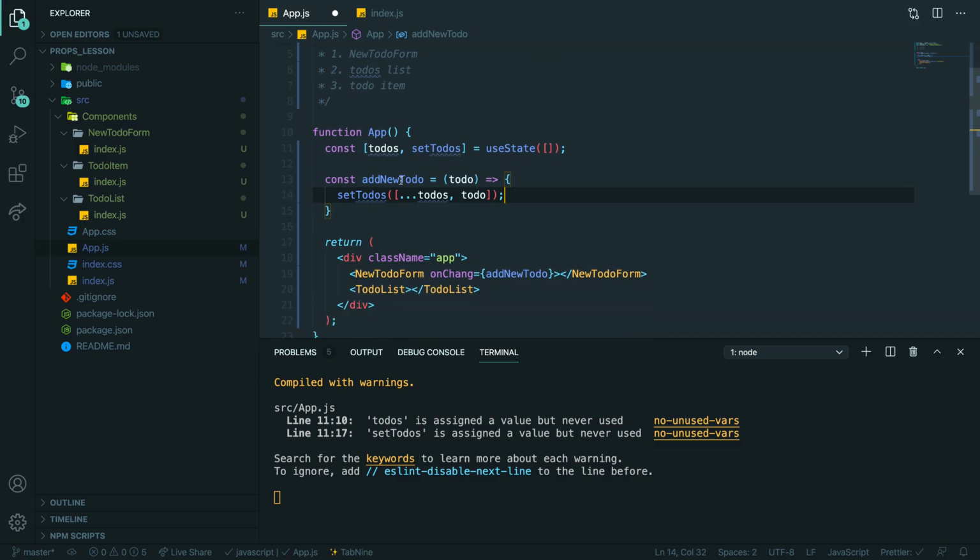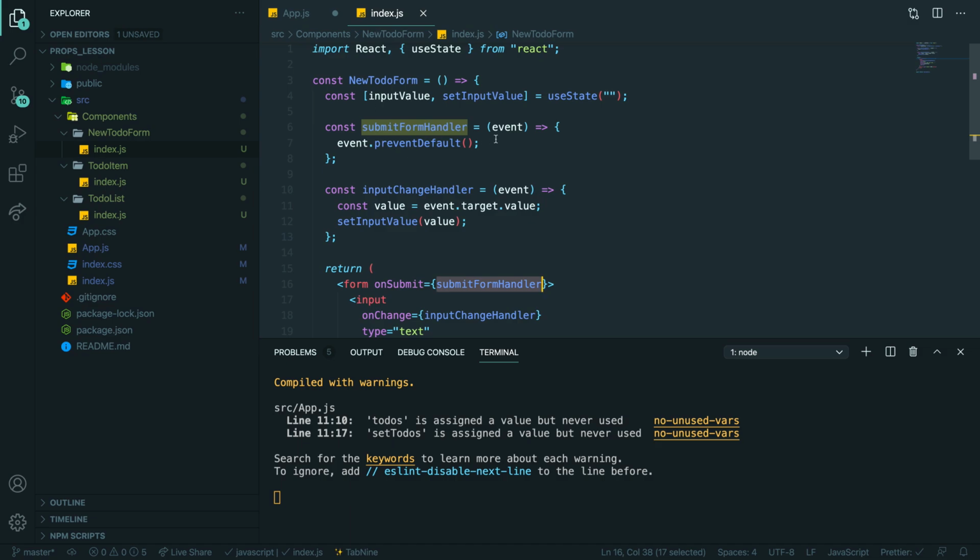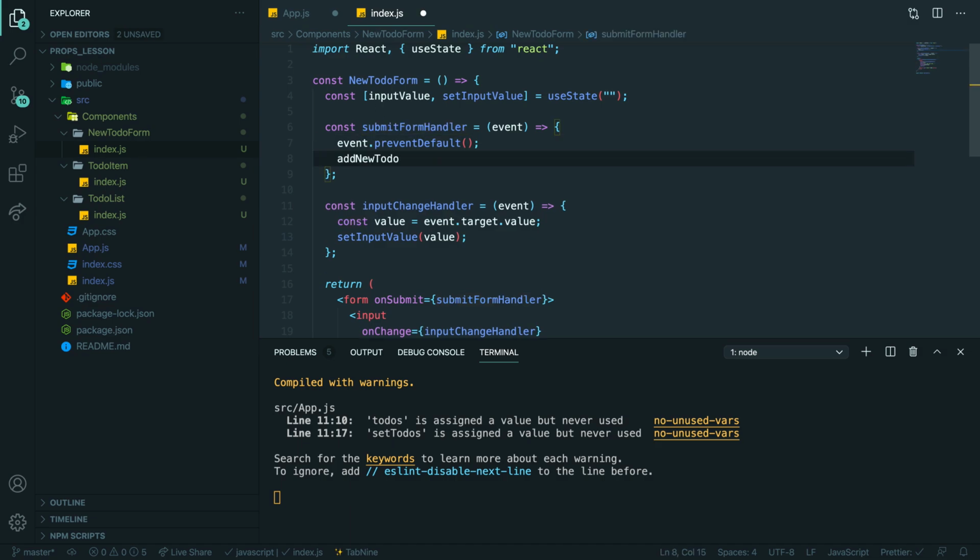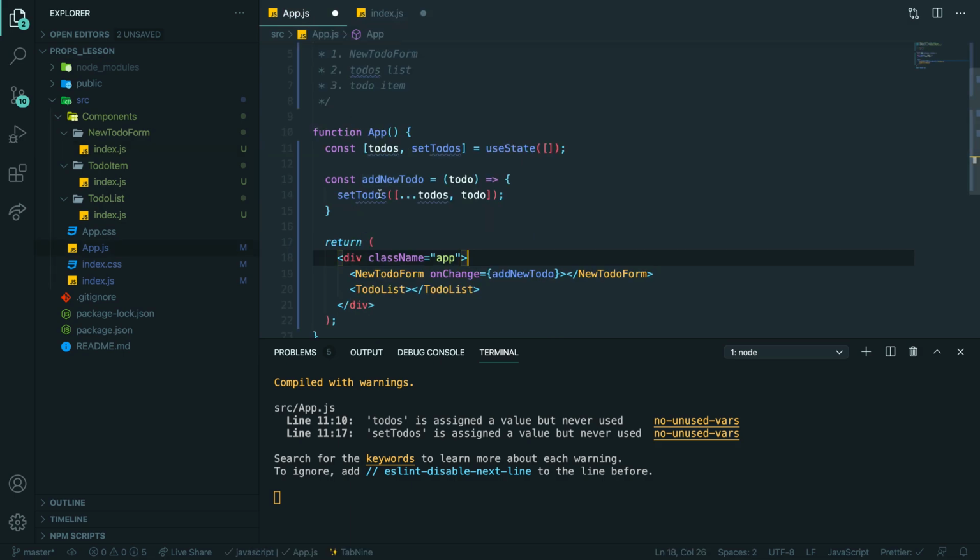So now I just need to call this function with the parameter to do inside, because I'm passing that on change, inside our new to do form. So now on submit, basically I want to call this function with our input value, right? But how can I get it now from here? So I'm passing, see that I'm passing it on,